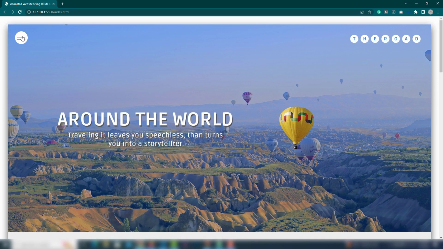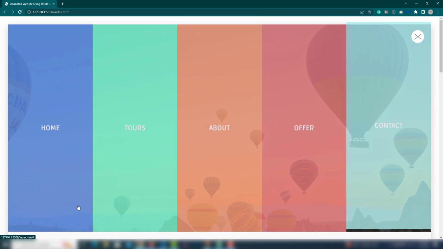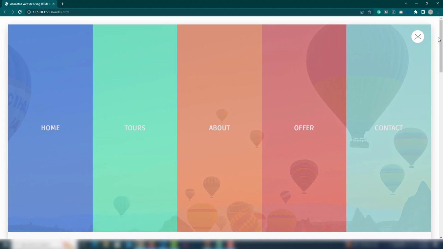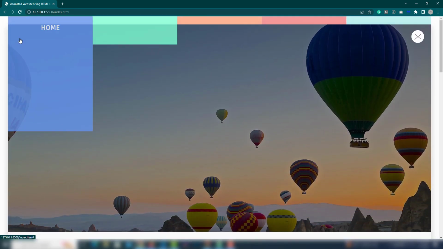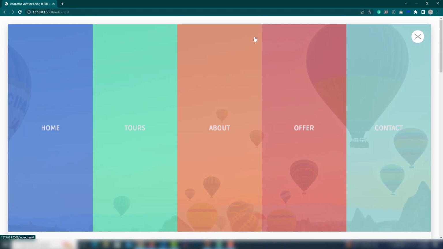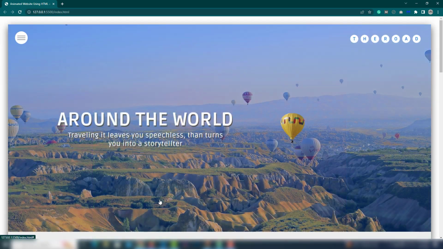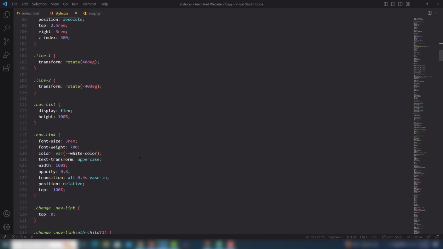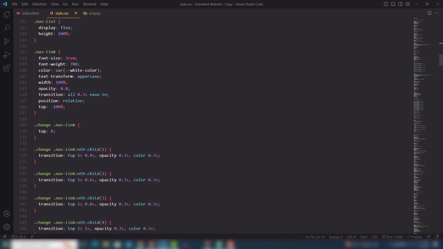Cool effects, click on that. As you can see, the image is coming from the bottom and appearing at the top, and also the menus have appeared from top to bottom. But the issue is when I click on that, the data appears at the top of the page, so I need to fix that issue also. So I need to check the animation problem inside my